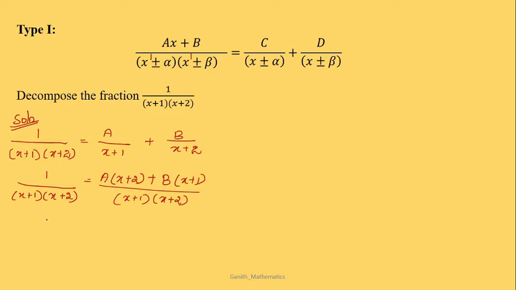The numerator part is 1 is equal to a into x plus 2 plus b into x plus 1, right? It is simply with x only. So you can go with the substitution method and easily find the answer. First I am going to find which value I can randomly select for x, so that I can substitute the x value in this particular equation and solve for the values of a and b.